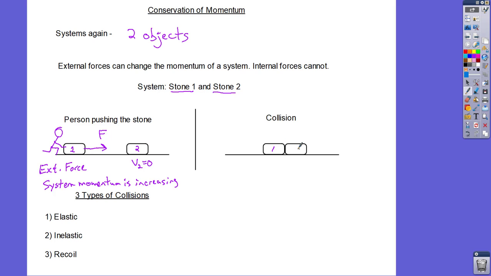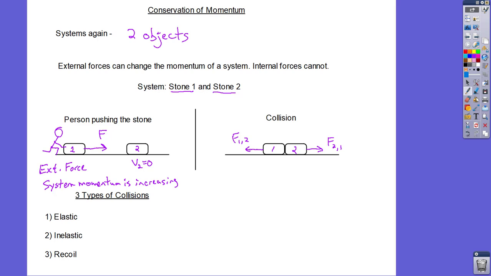So stone 1 and stone 2. So there is a force on stone 2 by stone 1. There is a force on stone 1 by stone 2. So the question is, are those internal or external forces? The momentum of each object is going to change because there's a force there, but